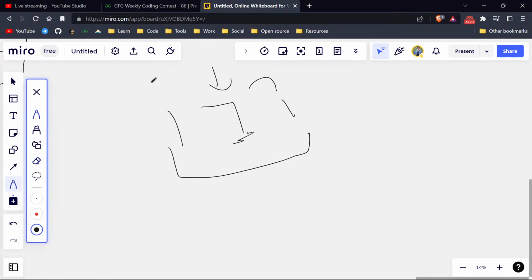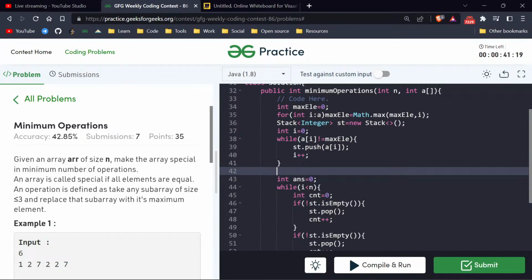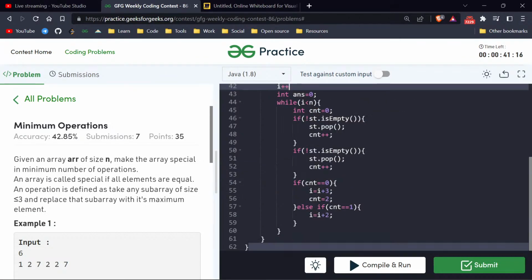So I hope now you understand this thing. First we removed one value from our stack, and after that this is our ith value. So I will be here, and we have to also select this value. So we will be at I plus 2 index. So we will be at this index. Okay, and that is not the case every time. Okay, so what we will do is, first we will increment I here, and then I plus 2 here, I plus 1 here,